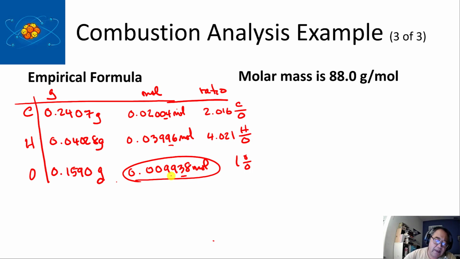So now, I have ratios of carbon to oxygen, because oxygen is very clearly the smallest value, right? Smallest number of moles here. So I have 2, basically 4, and 1. So that means my formula is C2H4O, like that. So let's very quickly calculate what that comes out to be, right? The molar mass for that is going to be